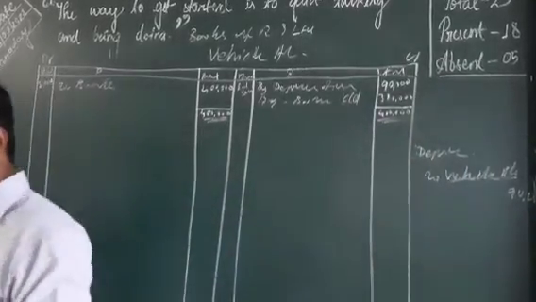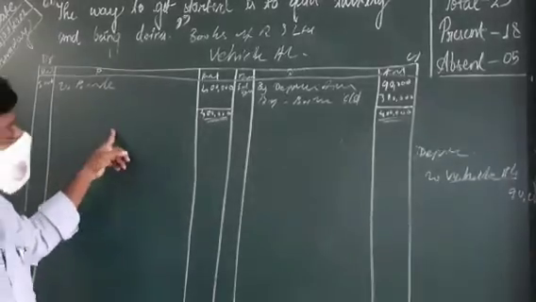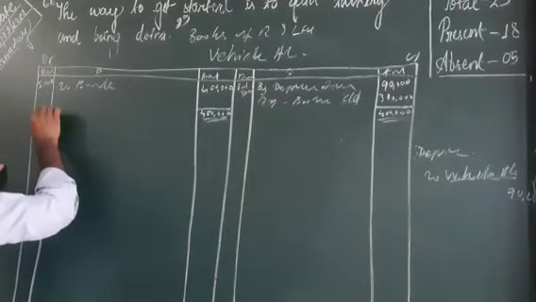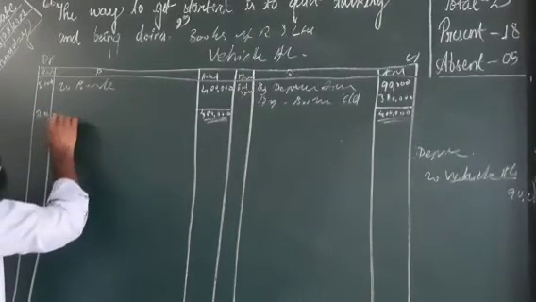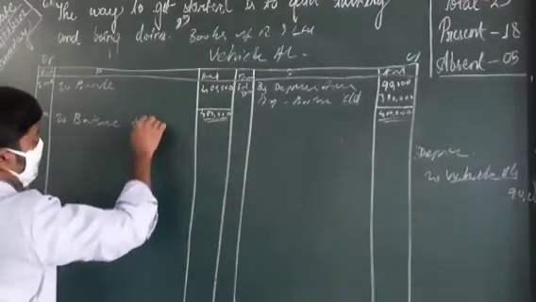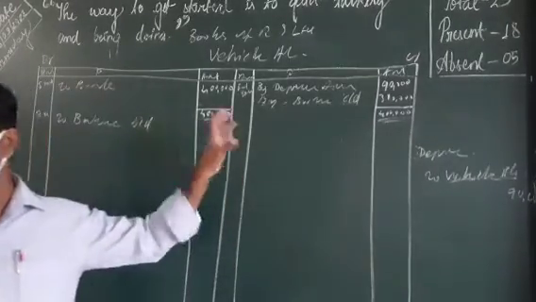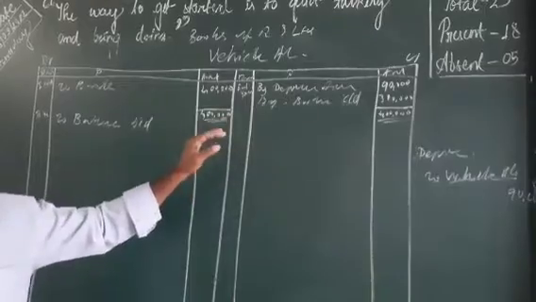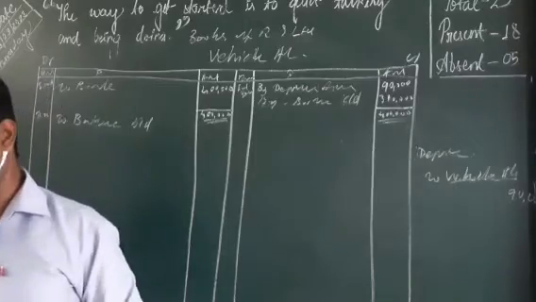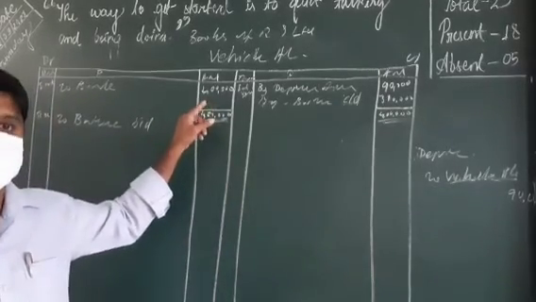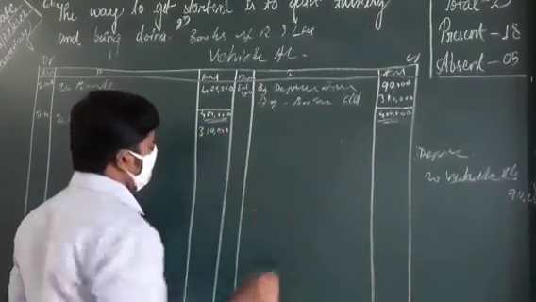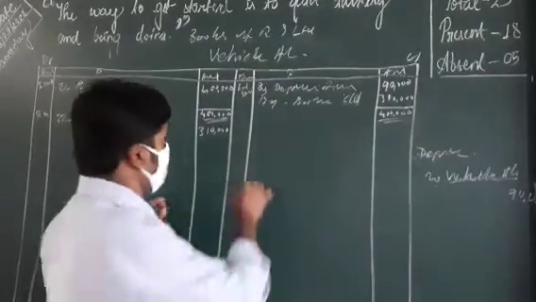Then at the next year's beginning we write this amount here. Second year beginning, okay. Balance brought down. Now you see that in the vehicle account, book value is not 4 lakh. Depreciation amount we reduce directly from the asset account. So the vehicle value is now how much only? 3,10,000, at the end of this year.